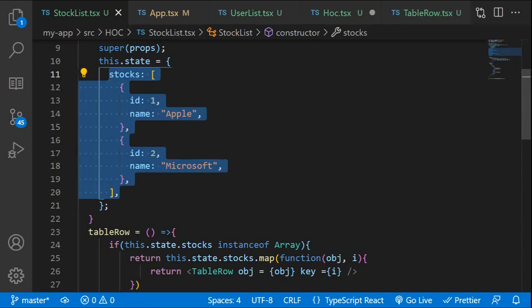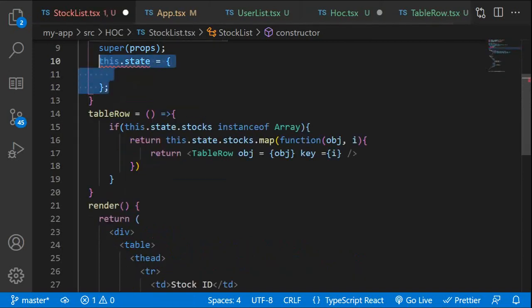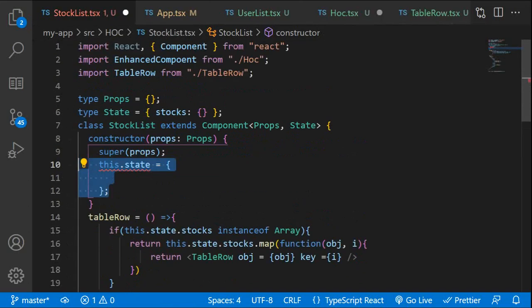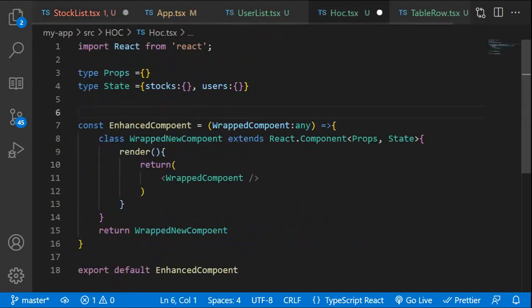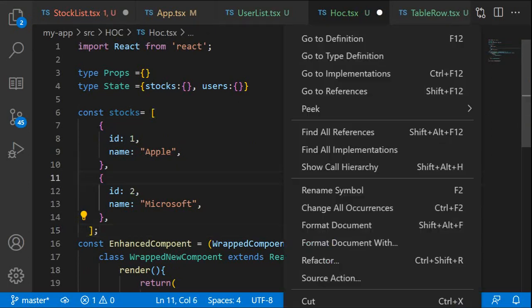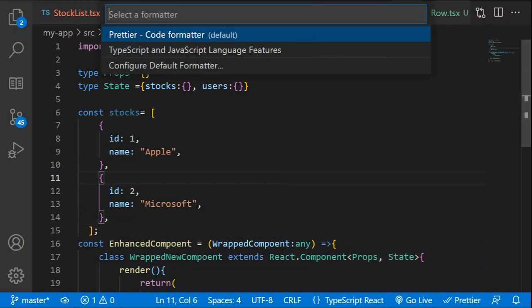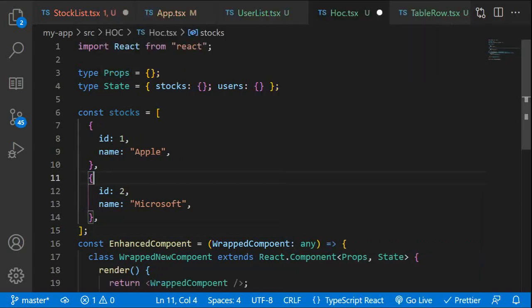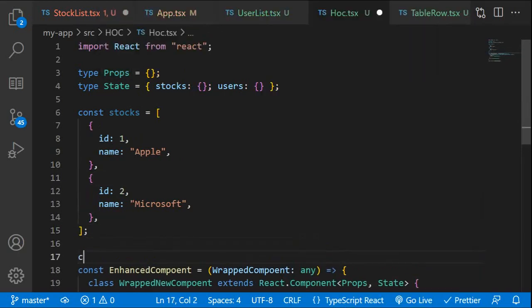Let me cut this. I don't want to state anymore. Okay, let it be. I don't want to do that. I don't want to disturb that. Constant, okay, Control V. So rather than, okay, this is part one. Let me format the document using Prettier. Okay, and then next, constant